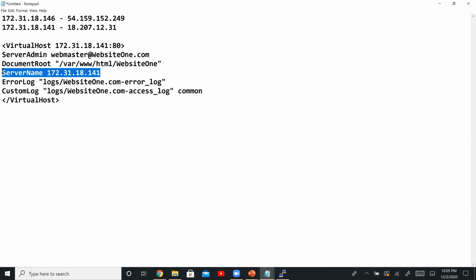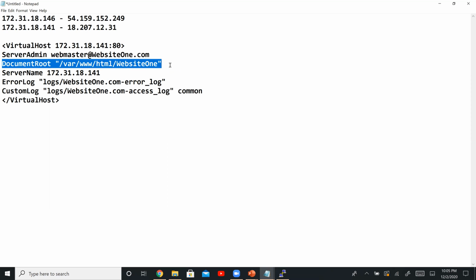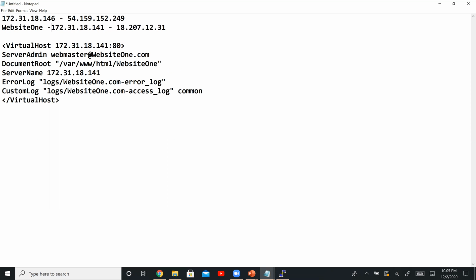So if you see, we have this one location and this is the second location. And essentially what we are saying is that this website one that we created, remember we created this website one at this particular path, this is now associated with this private IP address, which in turn is associated with this elastic IP address.